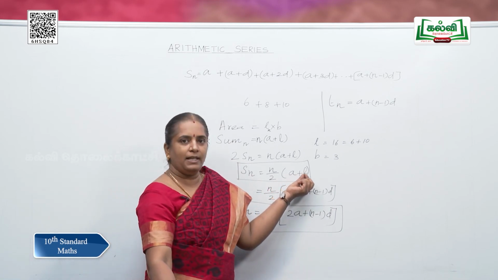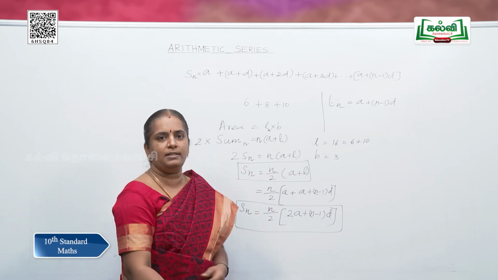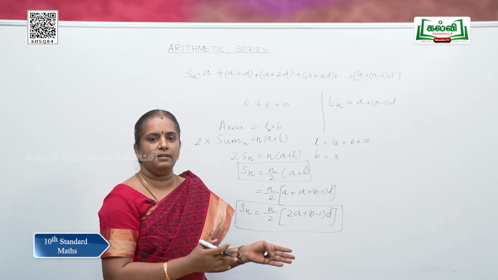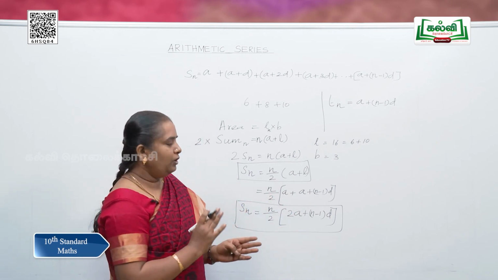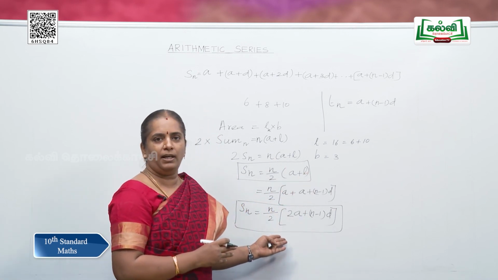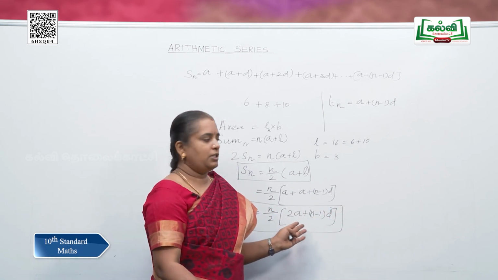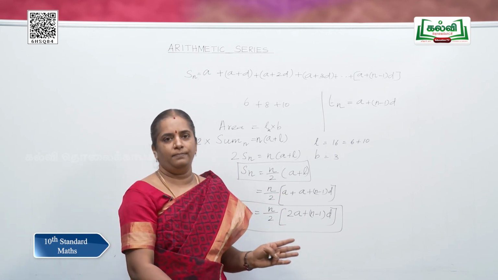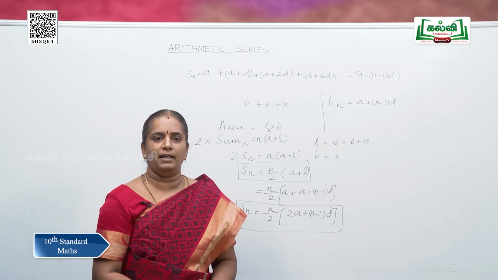See, if the last term is given in a series, apply this formula, this is easier. If you do not have the last term, they are saying that you are going to get the sum up to 20 terms, the sum up to 30 terms, like that. You will not be given the last term. No need to find that last term. Just apply this formula where you can find a and you can find d and n is given. So, you can use either this formula or this formula as you wish. Okay. Now, we are going to use these formulas and do the sums in the next exercise.